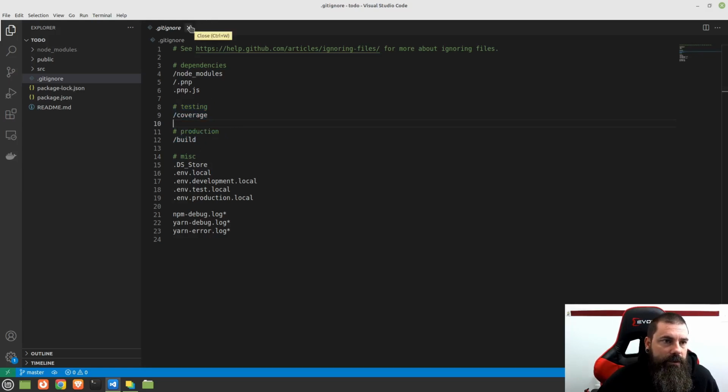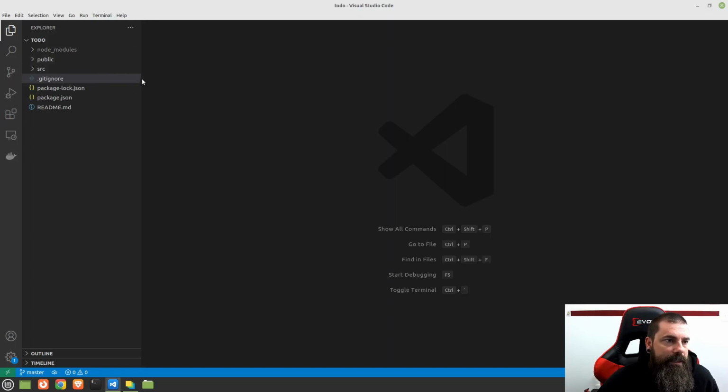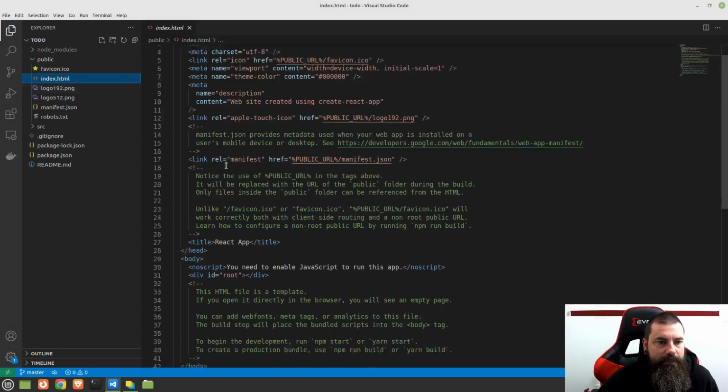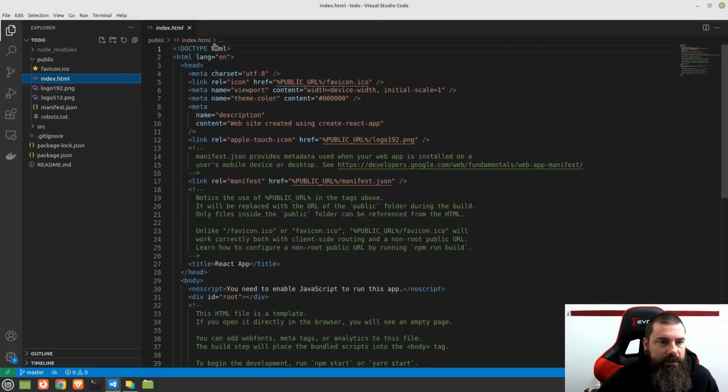Okay, so then what you can do, let's go ahead and take a look at our public folder here. And public is going to be where we house a lot of things that we use in our application, like our CSS and things like that, where you would normally build your HTML files. And we do have an index.html. So let's go ahead and look at that. So you'll see there's not much in here. There's a lot of comments in here, but typically